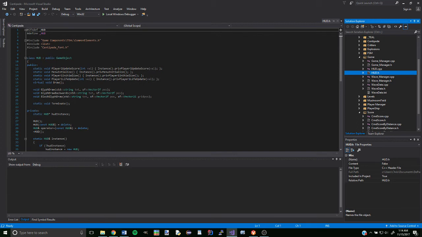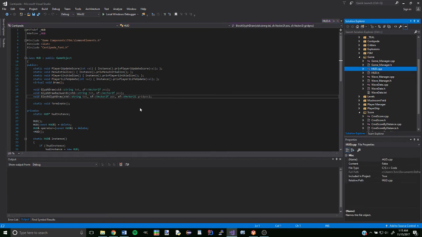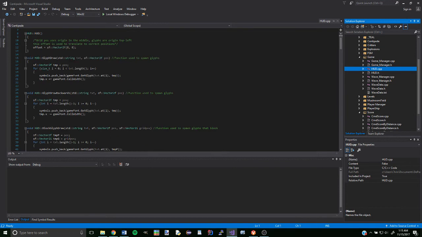It has various functions for the menu initialize and player one initialize, and then there's a life update and an update score for player one. And then we have 3 different draw functions. Only glyph draw and block glyph draw are used. They are just functions used for the text writing of the glyphs. If we look in here,